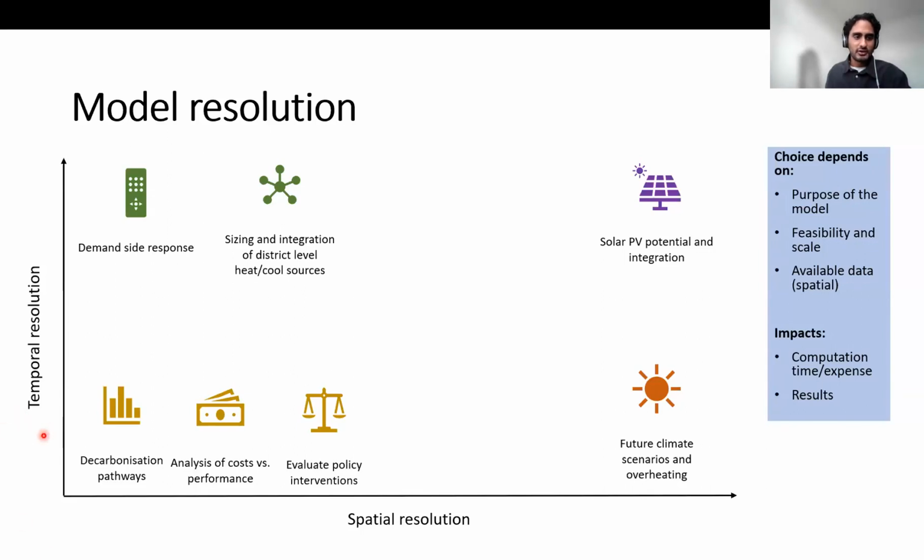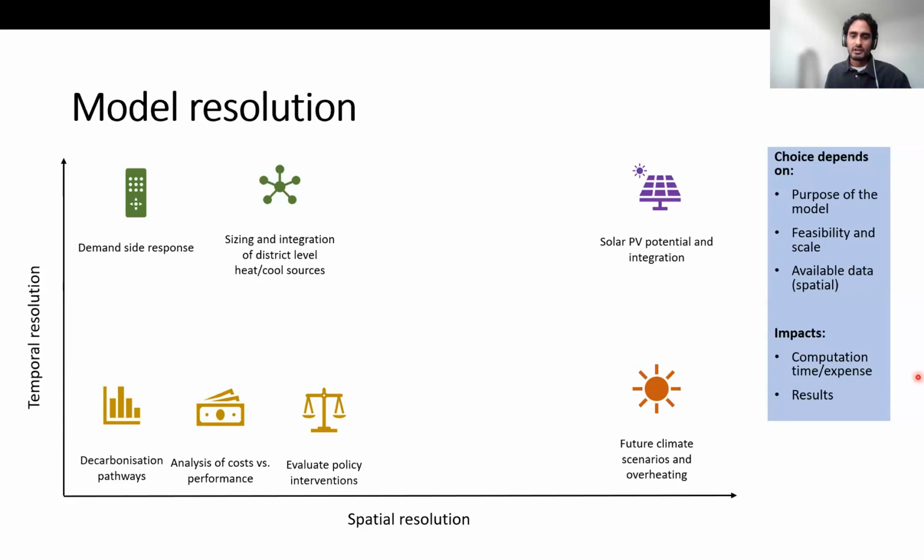So if I first look at temporal resolution, a higher temporal resolution essentially means that the model generates more frequent outputs. So this would be important for anything where the variation in outputs is important on shorter timescales. So for power systems integration and for demand side response, you'd likely be interested in the profiles at a sub-hourly level, because these peaks and troughs can occur at sub-hourly level. And so modeling at higher temporal resolution will probably be necessary for this kind of thing.